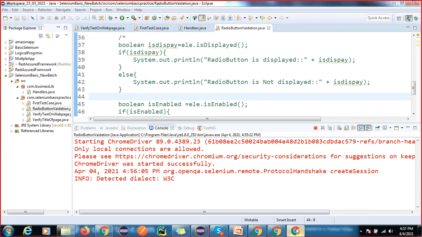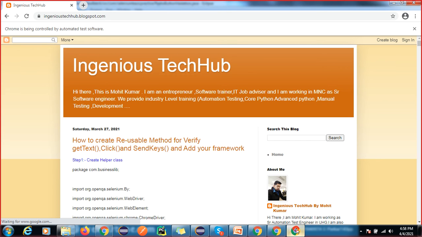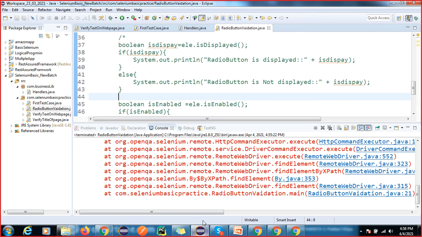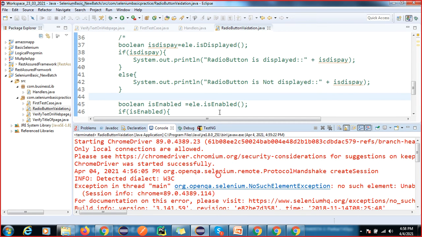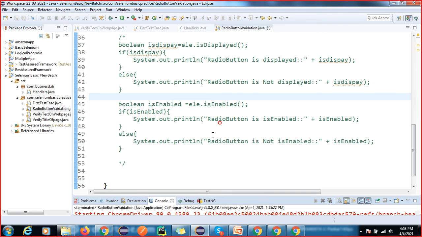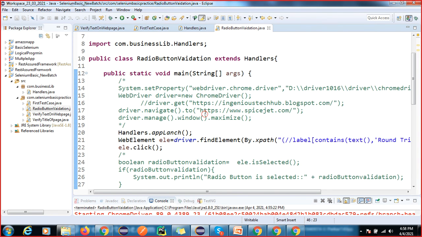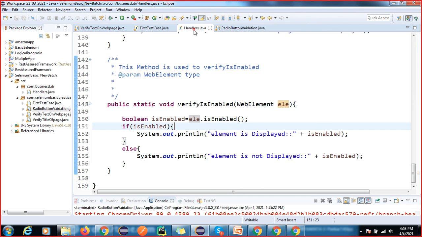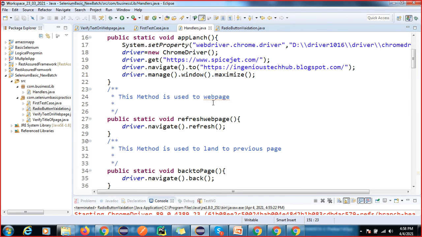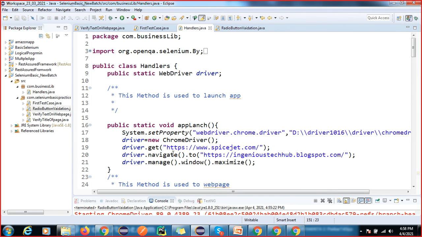What is this? Did I change it or what? Oh, I think I did not change this URL. Okay, so it is displaying this URL. Got it, right? So let me check here. What happened? I did not change this URL or what? See, I did not change this URL. Oh, I am using both. Sorry.